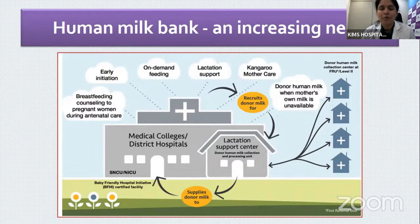And for providing this in a systematic fashion, we obviously have an increasing need for setting up more and more human milk banks. All across the country, there has now been a surge in the number of human milk banks, and a comprehensive lactation management center is a unit where, in addition to the pasteurization and storage of human milk, the facility would also be able to